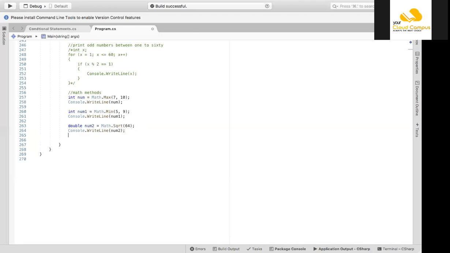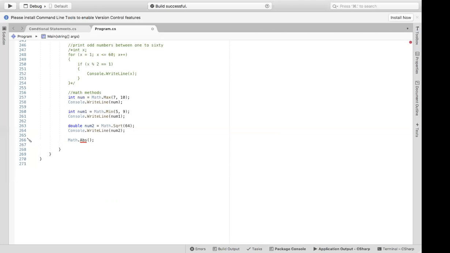What is meant by abs? ABS means absolute. Do you know what absolute means? It will accept one parameter, one value. In math, we have this sign of absolute. When we have a value inside it, -4, it will become 4. If we have a value inside absolute, 4, it will also be 4. It makes the value positive.